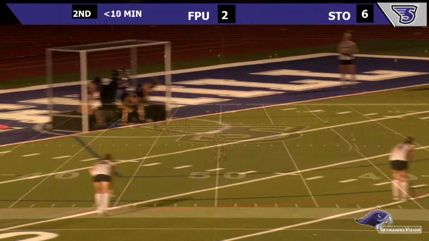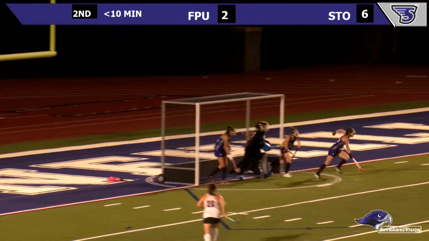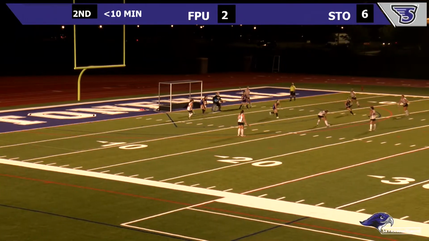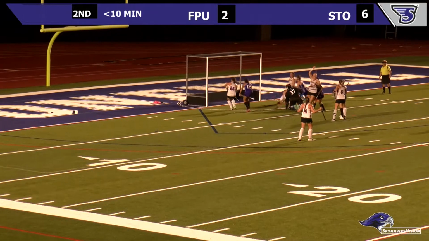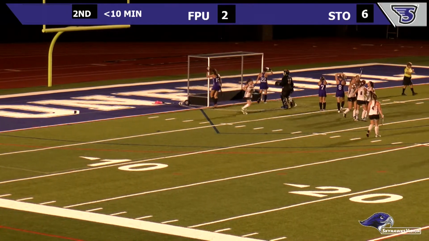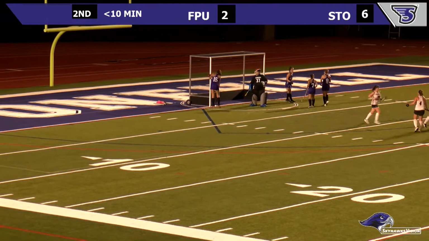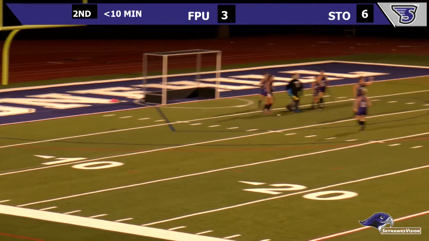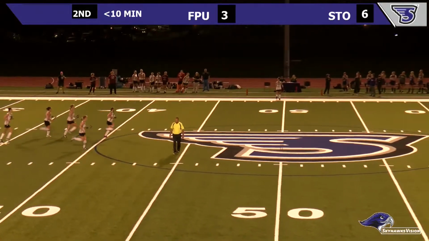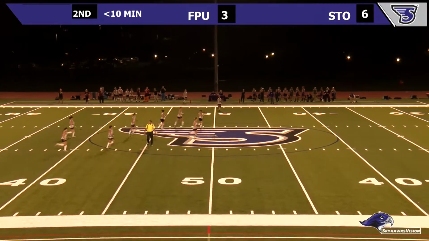Unbelievable. Lamando in goal for Stonehill, among those who will be contesting for the job. Moulton for the Ravens, meanwhile, here. Rolls a pass toward the middle. Lamando had come out. It looked like it kicked off of her pad and rolled behind her into the net. So Franklin Pierce able to score off that corner.